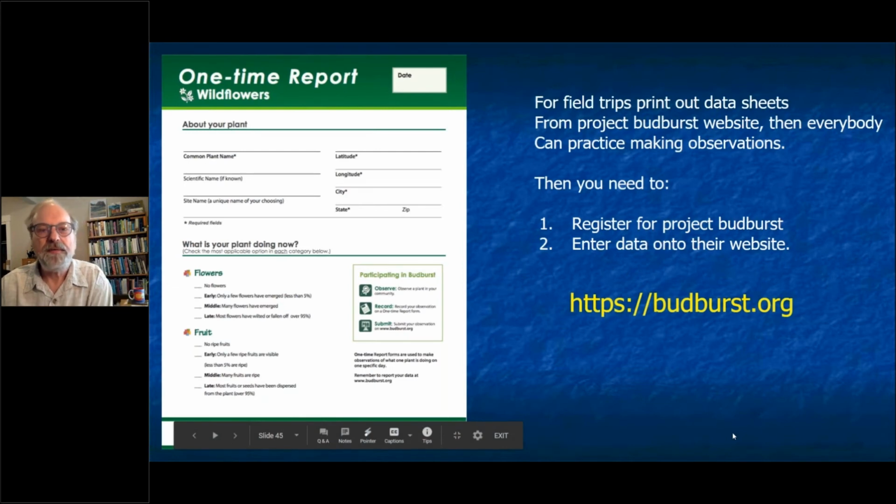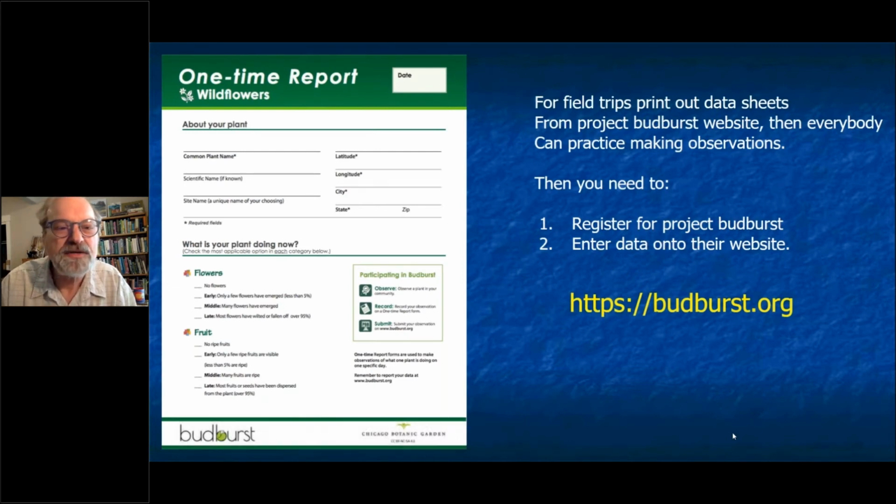Okay, and this is the report that I think we sent out to everybody. This is just from their website. So if you would like to take observations on paper, you don't want to use your phone or something like that, before you go out on your field trip, you can print out a bunch of these forms, and this kind of gives you a prompt for what kind of information you need. So you just put in the date at the top, what the name of the plant is,